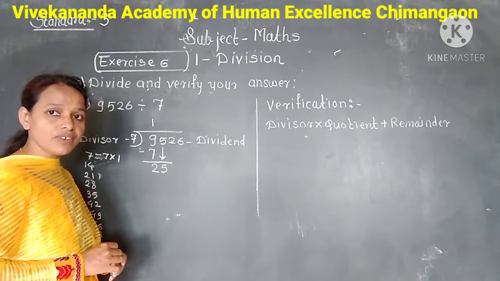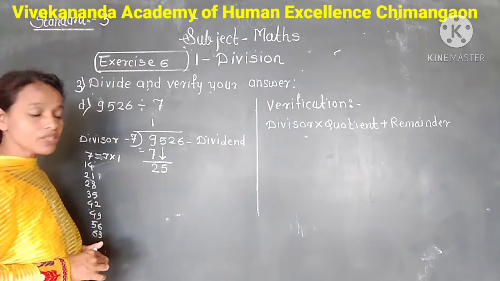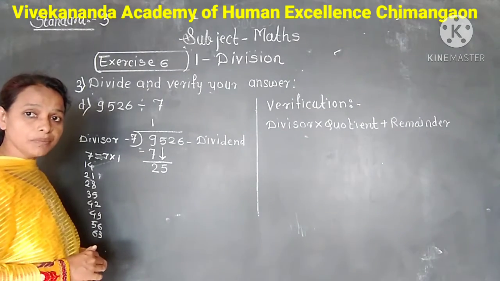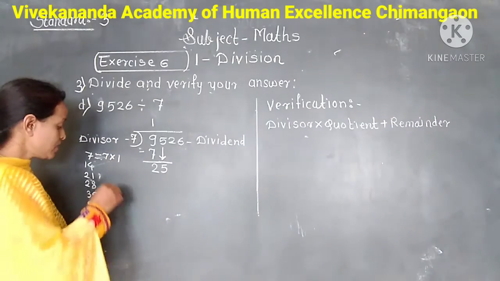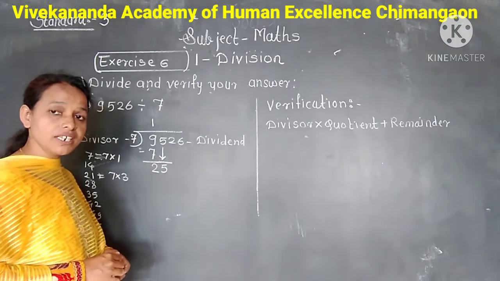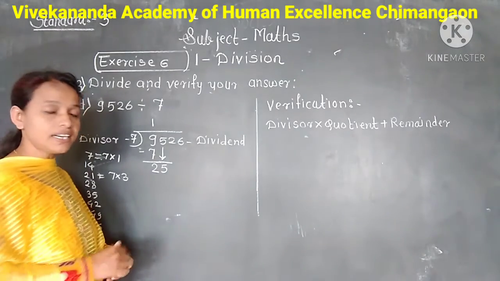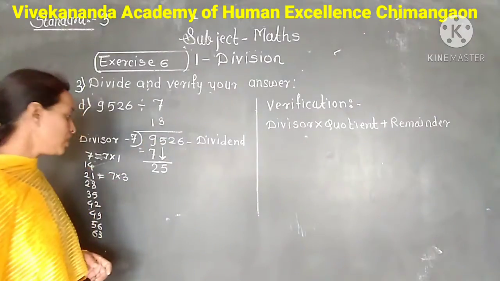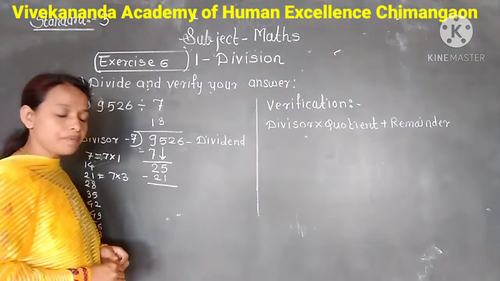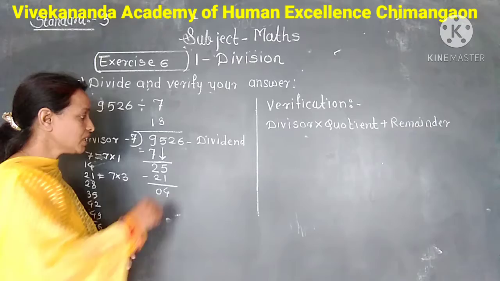Now we divide 25 by 7. But 25 is not in the multiplication table of 7. So less than 25, 21. And 21 comes third place in the multiplication table of 7. 7 3s are 21. So we divide 25 by 7. It gives 3 as a quotient. So write 3 as a quotient in the 100 place. And write the product 21 right below 25. And subtract, it gives 4. Next digit 2 we bring down.